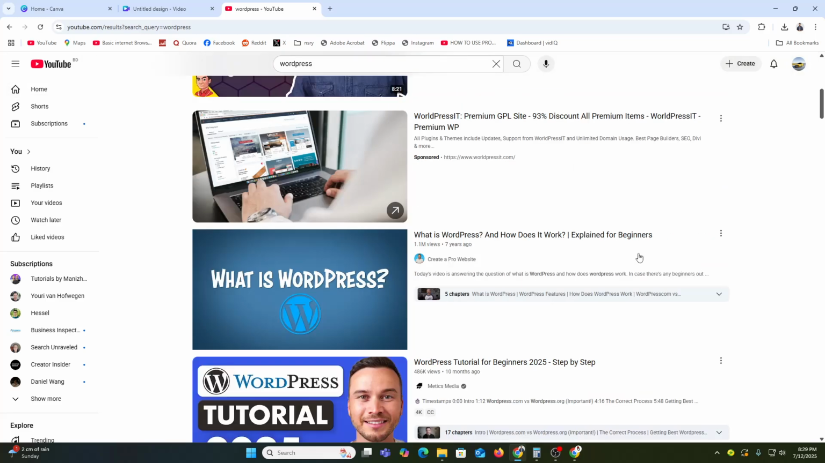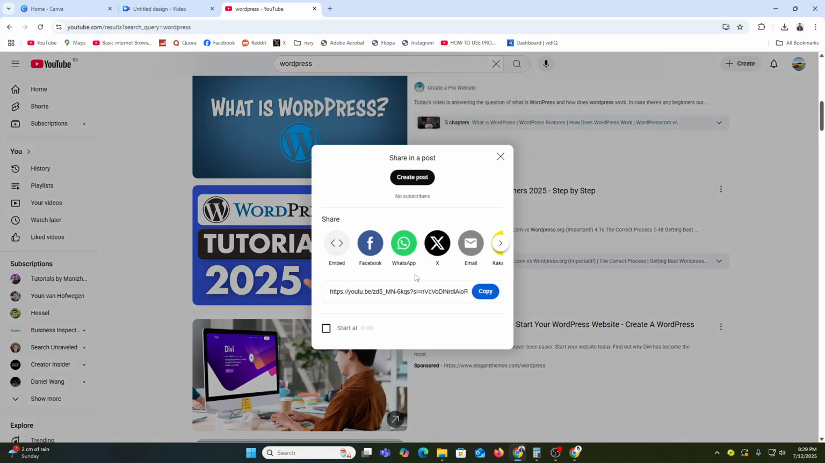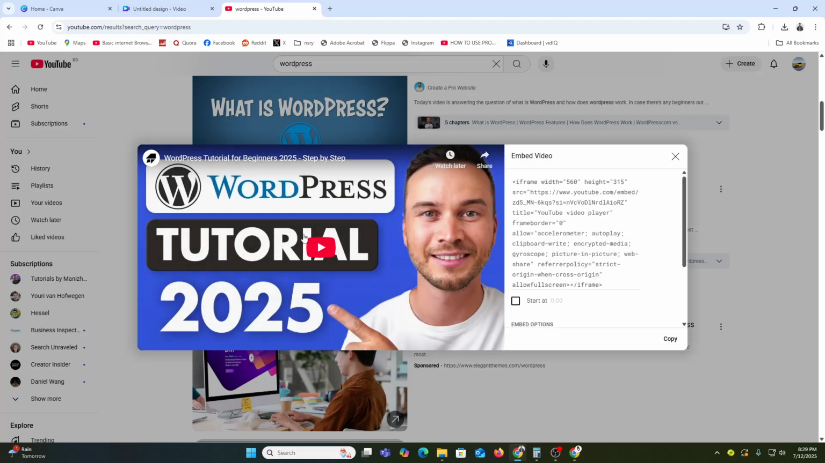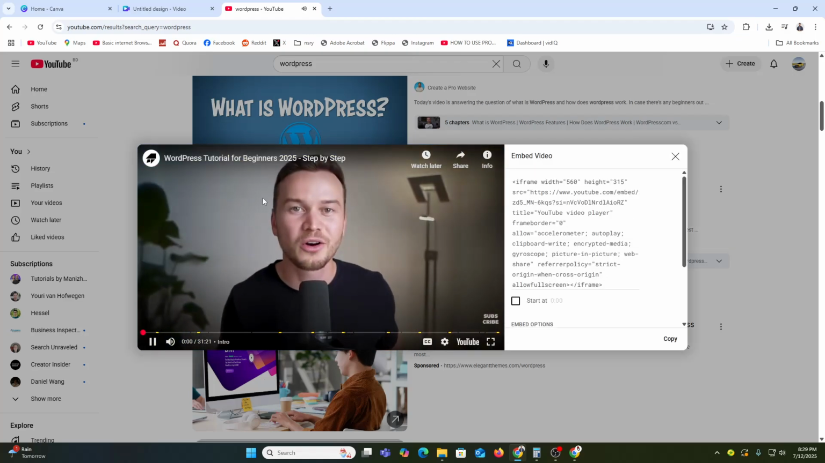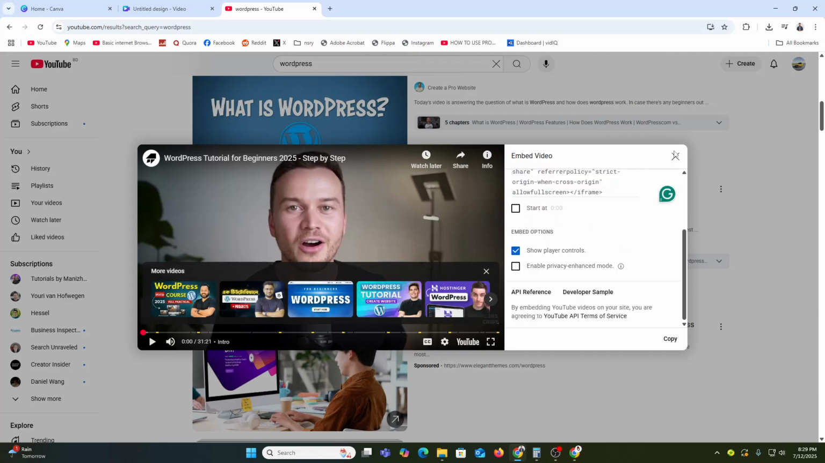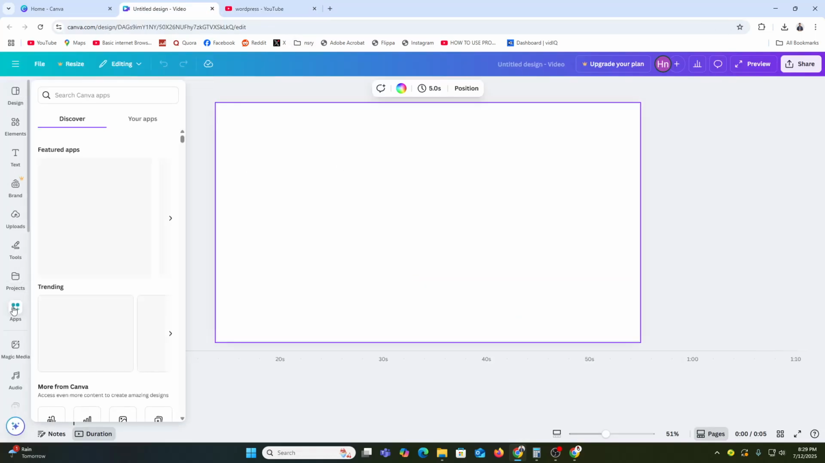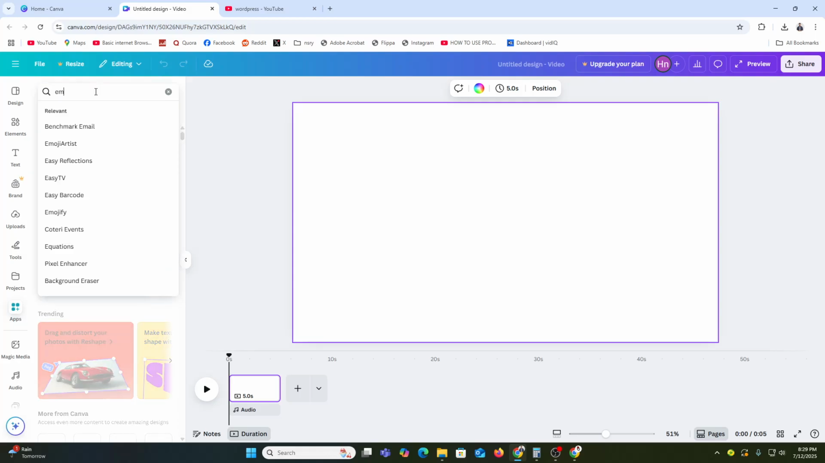So I will copy this one, just click this one and then click share, and from that place I will click on embed. Copy the link from that place, and once I copy this one I will just click this button and I will come back here and go to the apps and search for embed,